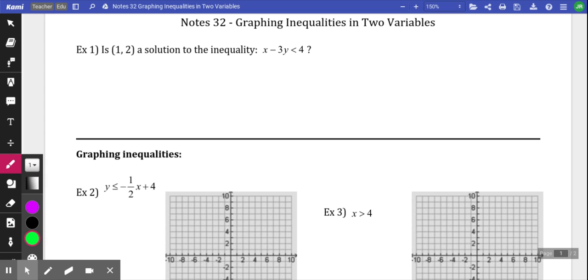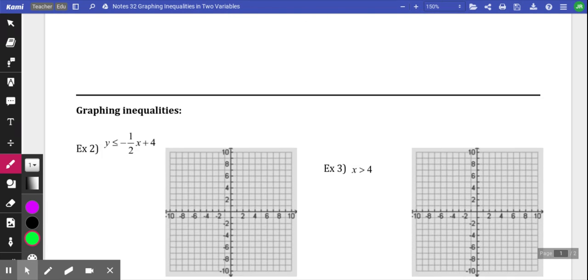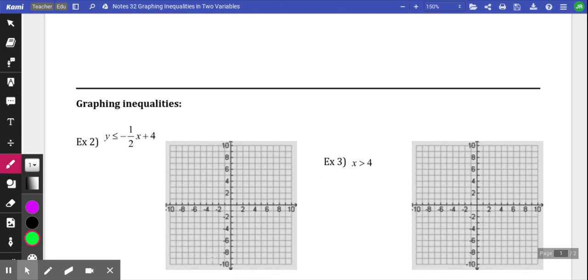Welcome back, students. Today we're going to continue working with inequalities. However, this time, instead of just having one inequality with one variable, we're still going to have one inequality, but we're going to see two variables. So that means instead of having one number line when we graph, we have to put two number lines together, which is why you should be seeing coordinate planes. All right, so we have our x number line, we have our y number line, and together they make our